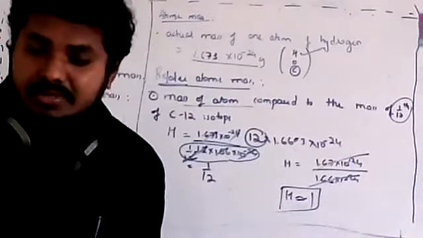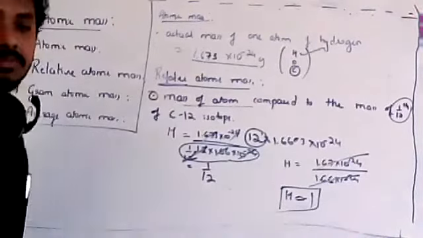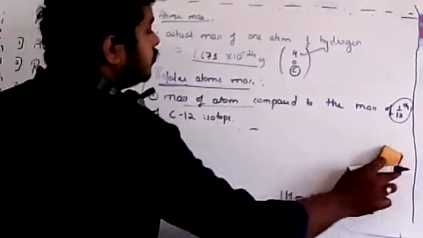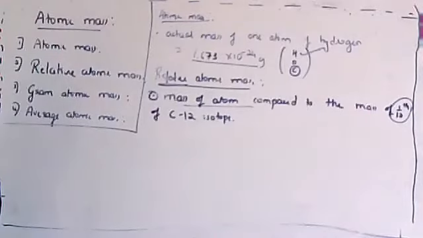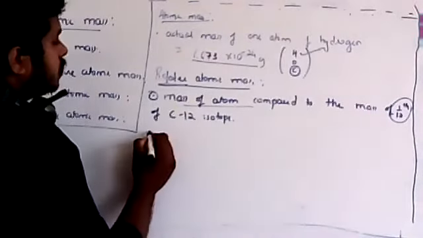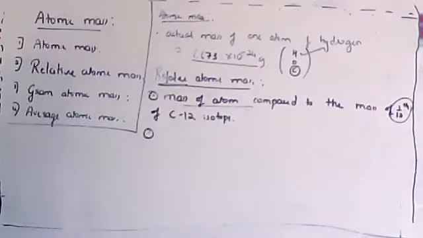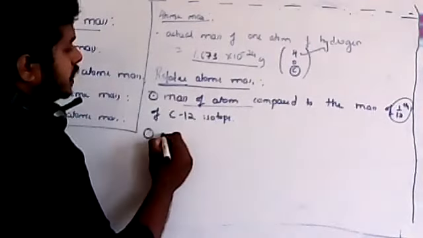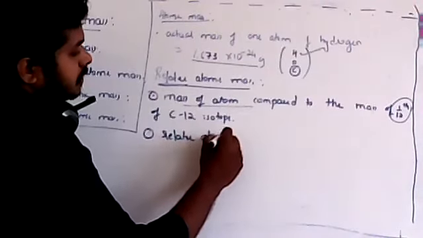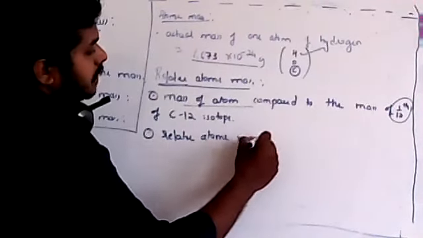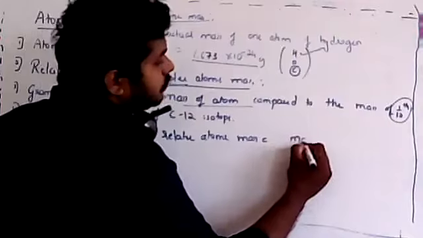Is that clear? So what do you mean by relative atomic mass? It is the mass of an atom compared to 1/12 of the mass of a C12 carbon atom. So if you want to write it in terms of a formula, relative atomic mass will be equal to the mass of an atom